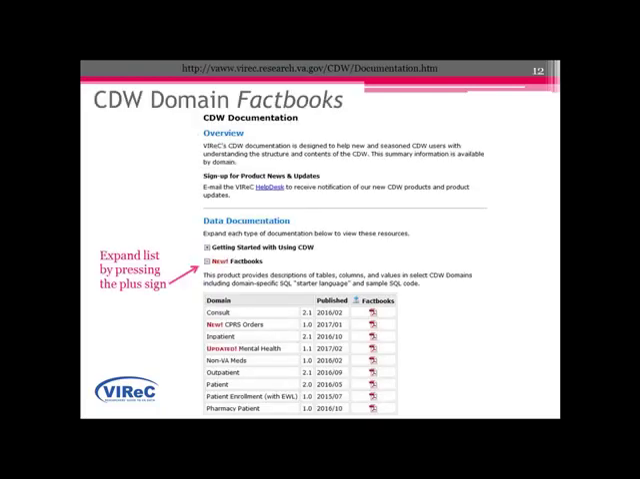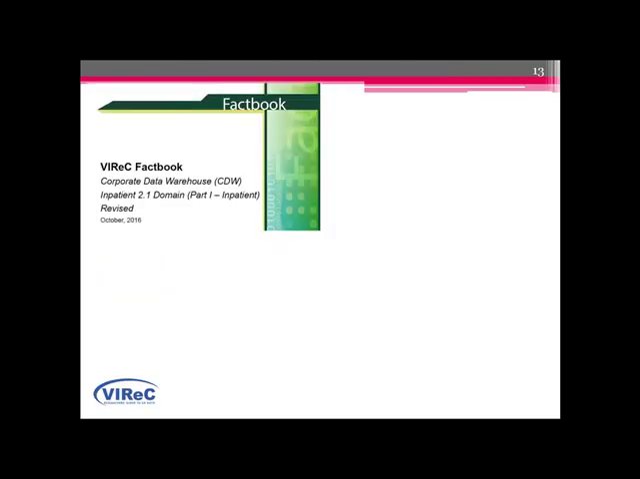In order to see the current list of fact books, just press the plus to the left of the word fact books, and you'll see down below the available fact books for the selected domain, so the console domain, the CPRS orders domain, and so forth. I'll bring you through examples from a variety of these just to illustrate the kind of content you'll find in these descriptive books. In this case, I opened up the fact books for the inpatient 2.1 domain,